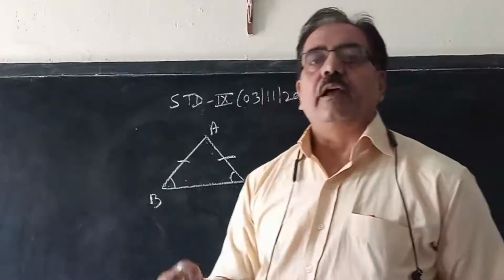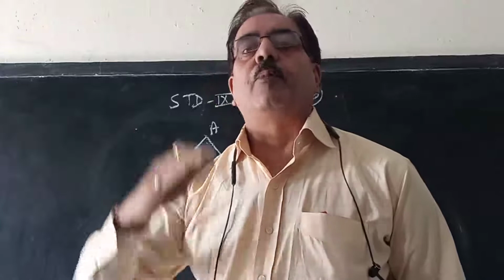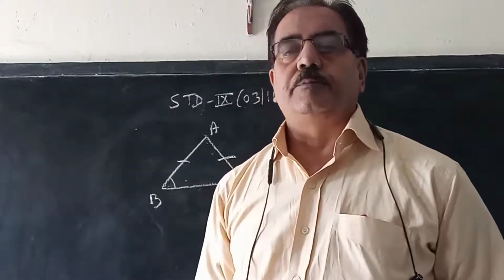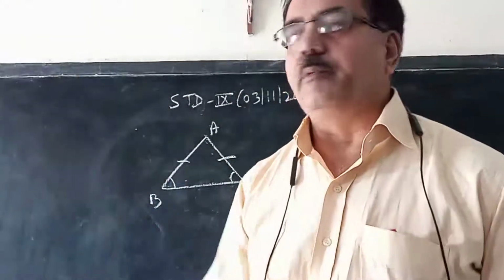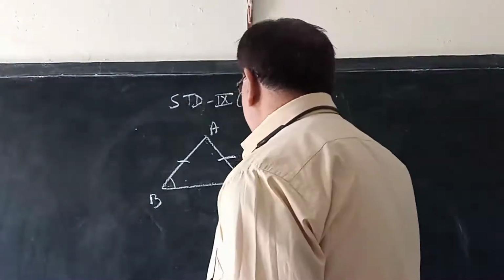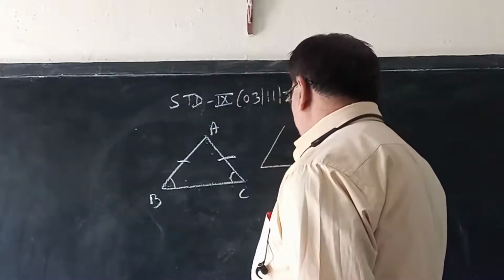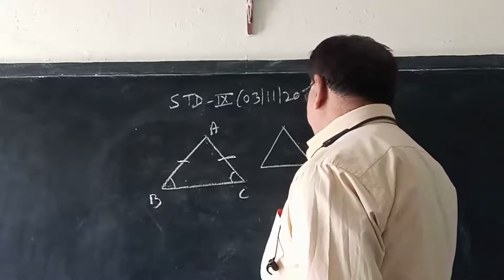Or in reverse, you can say, if two angles are equal, then their opposite sides will also be equal. Right? Next property, you know this one, the exterior angle